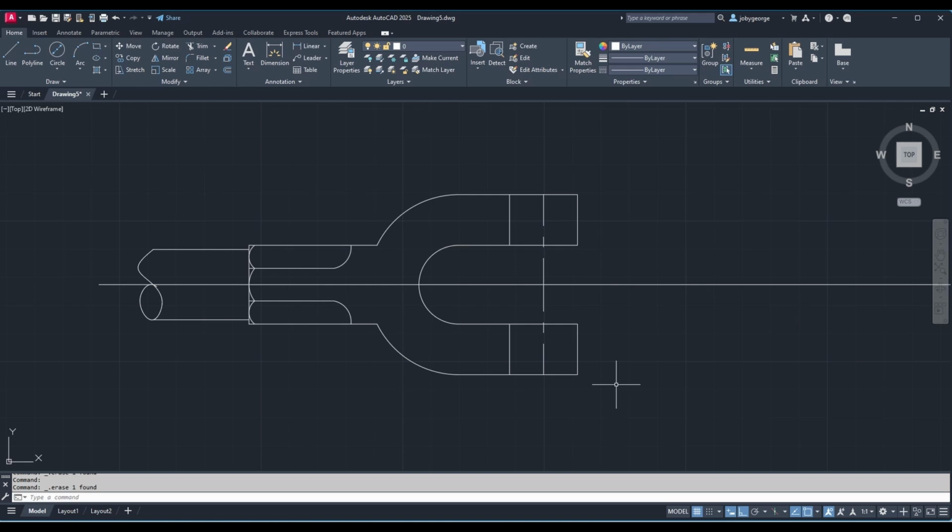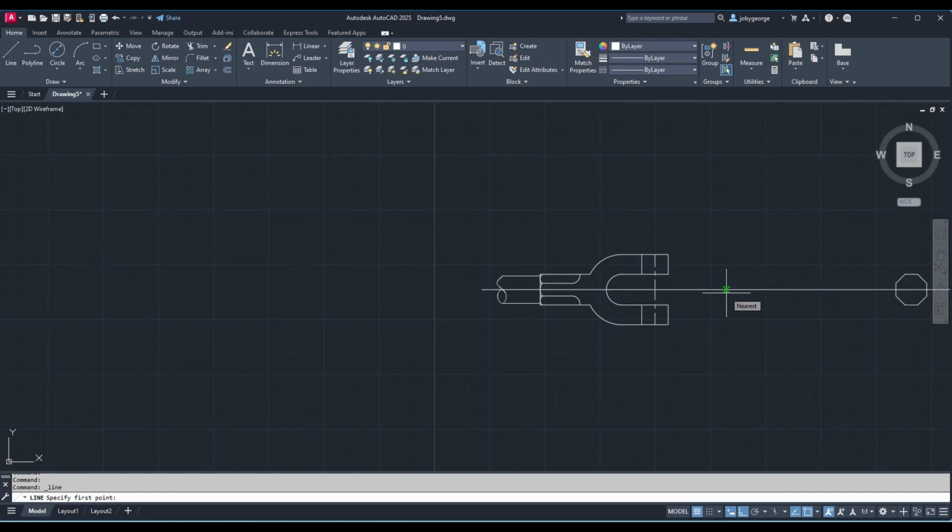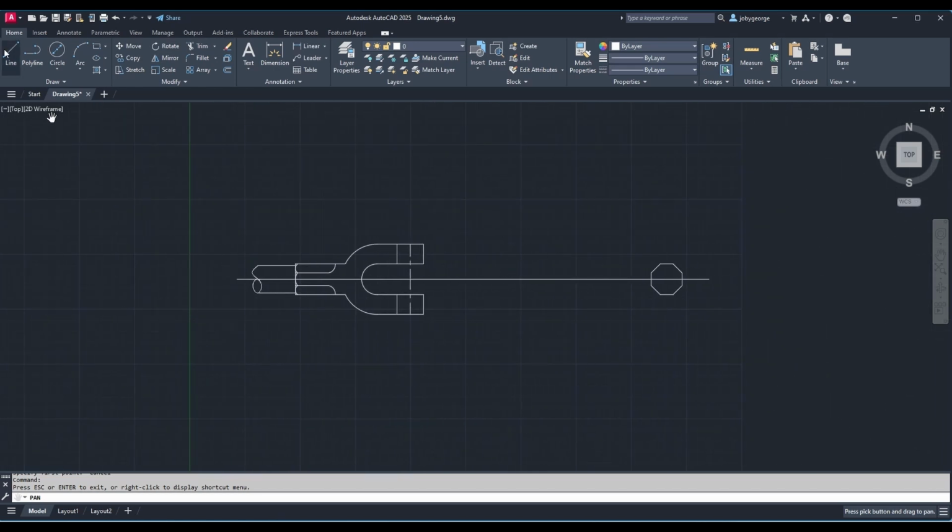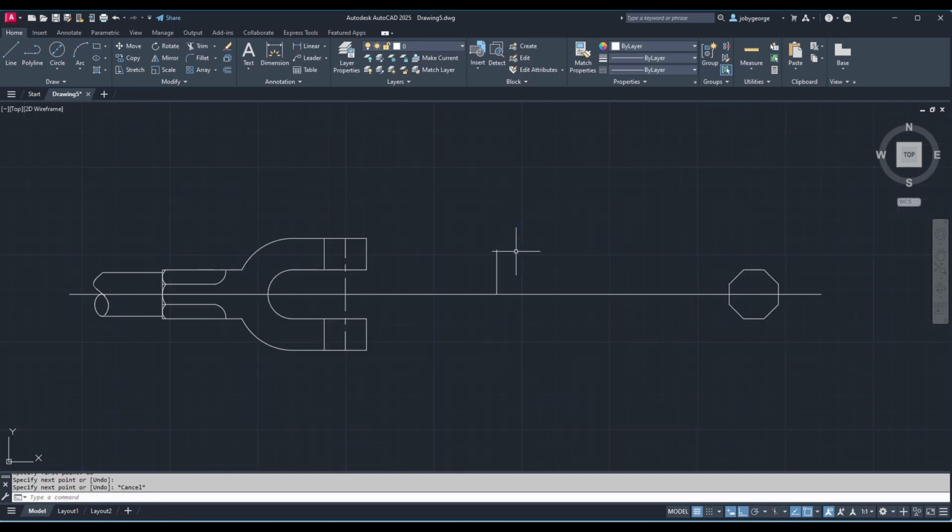Now after this I can go for drawing the eye end. So I know the end point of the eye end is at a distance of, so firstly I will click on the line and I will track this point, and I know that one of the end points is at a distance of 86 from the center, so I'll mark that point there. Then I will mirror some of these